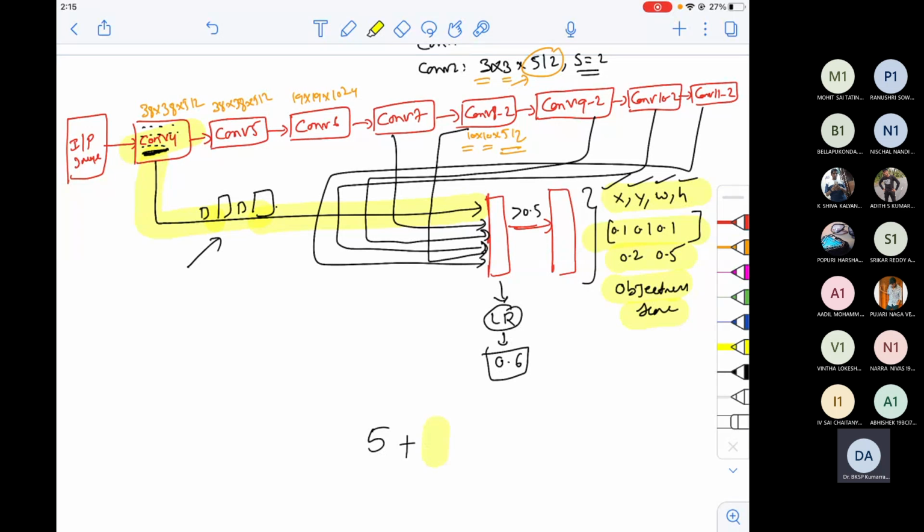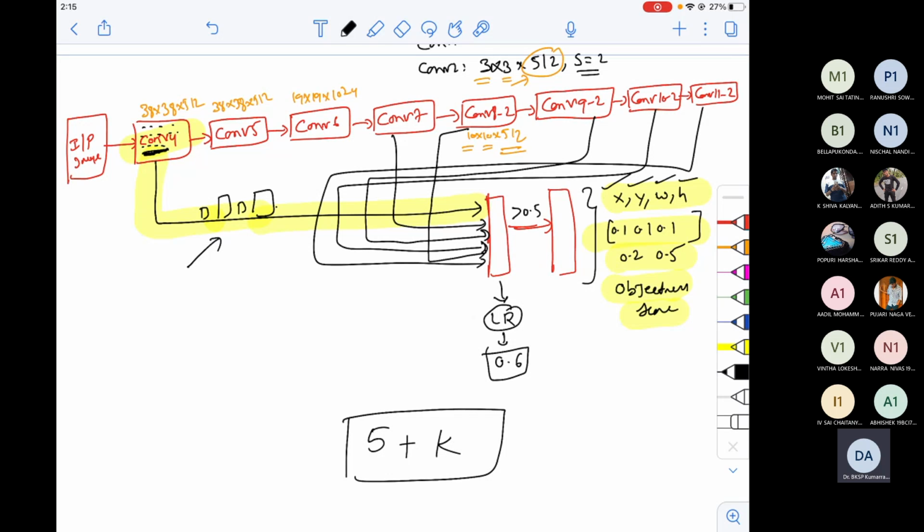Assume that I have totally 5 classes in this case, but it can be 6 classes, 7 classes, 10 classes, or 20 classes. In general, if I have 20 classes, then I'll have a softmax distribution over those 20 classes. So the total number of values that I have to predict in my last layer is 5 plus k, where k is the number of classes or objects that I have to detect.